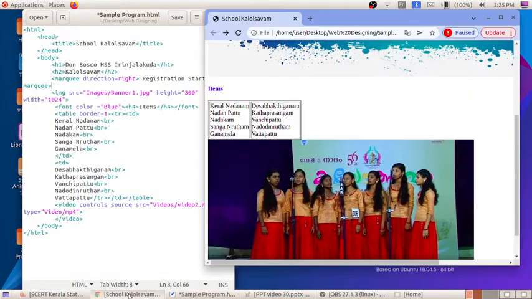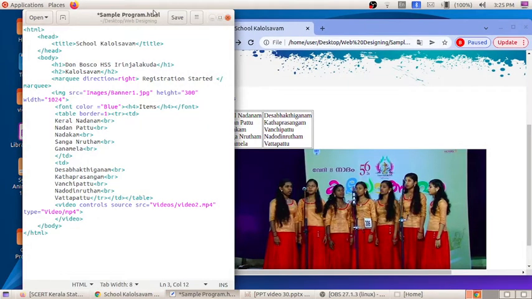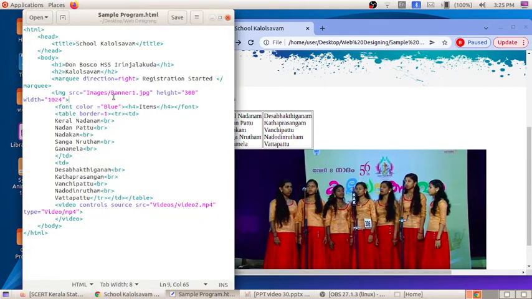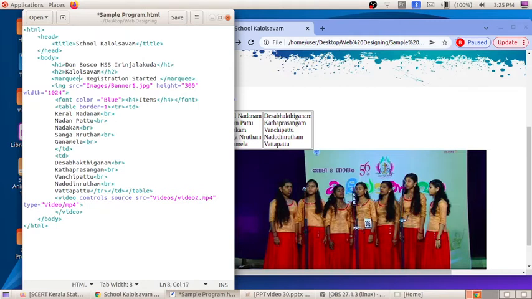I will open our school Kalolsavam web page, and this I am going to save, and here I am going to refresh. Just a second. This is the marquee code.